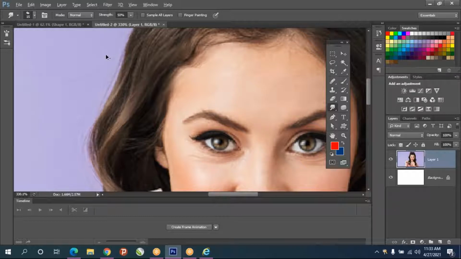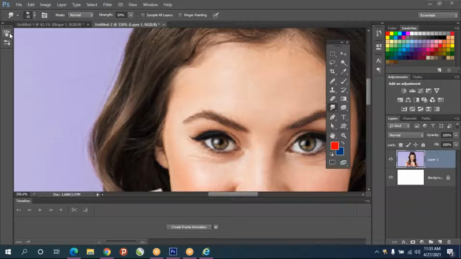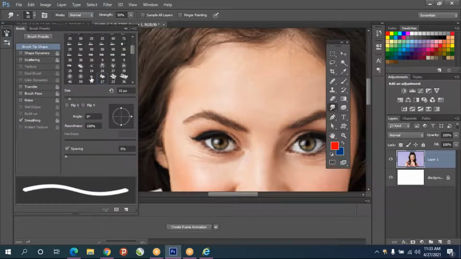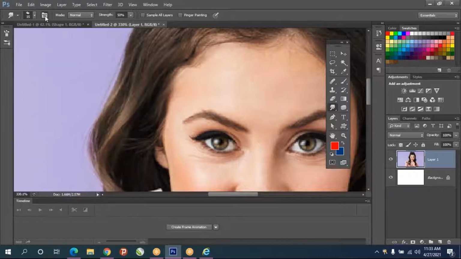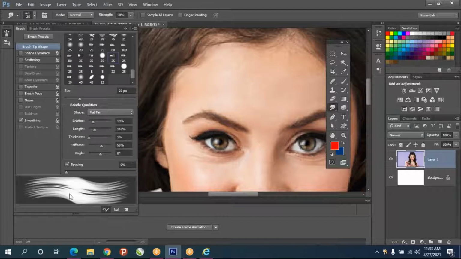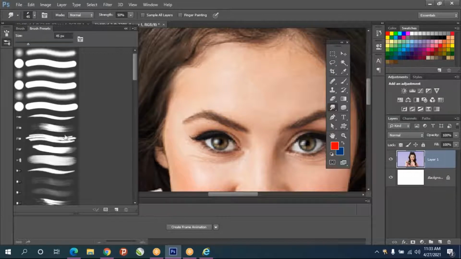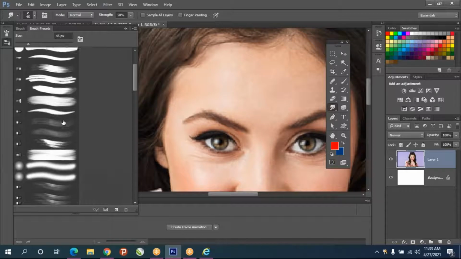So this is also not giving the paint effect. So we'll choose some other brushes. We can click on brush toggle panel. You will see the brushes, how they look, or else you can directly click on brush presets. So directly you can choose which one you want in this.